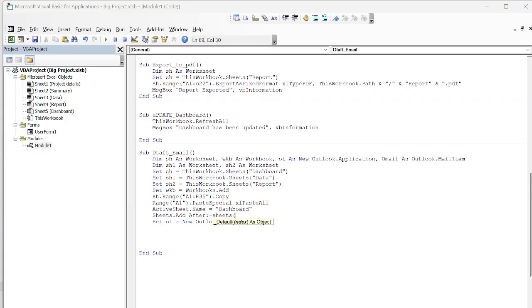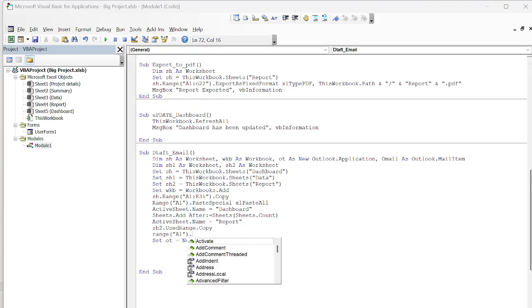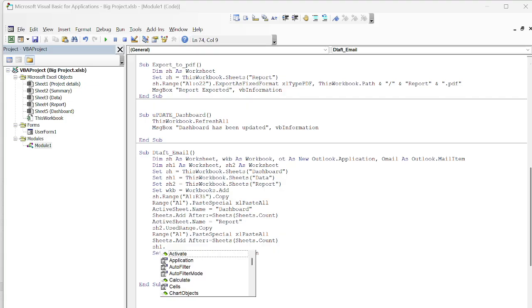After sheets dot count, then active sheet dot name is report. Now simple, the report is like sh2 dot use range dot copy, then range a1 dot paste special all. Okay, then sheets dot add after sheets dot count, then sh1 dot use range dot copy, then range a1 dot paste special all, and after that